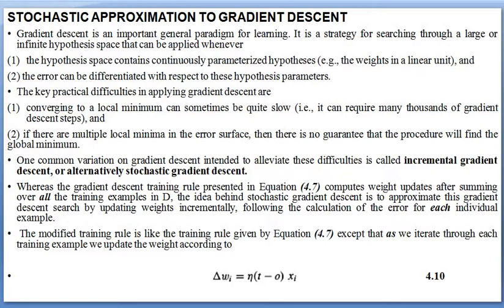Once that error is there, we need to reduce that error to 0. So what we are going to do is come back and change the weights. For that we have one more phase, which is called the backward pass. All of this backpropagation algorithm was based on gradient descent, which we discussed in the previous videos. Now in this video I will explain the stochastic approximation to gradient descent.